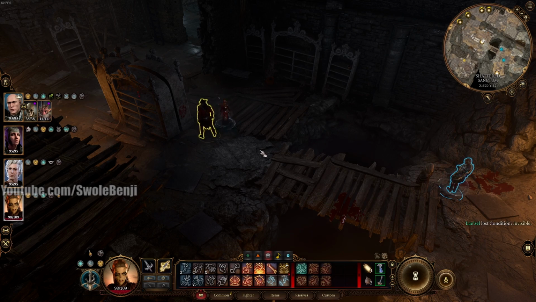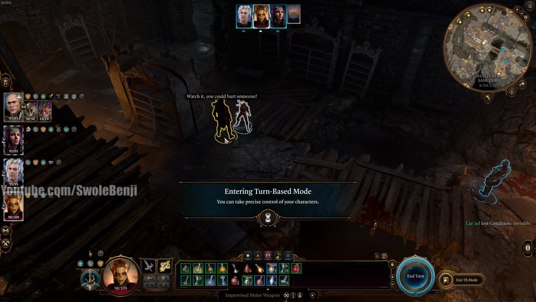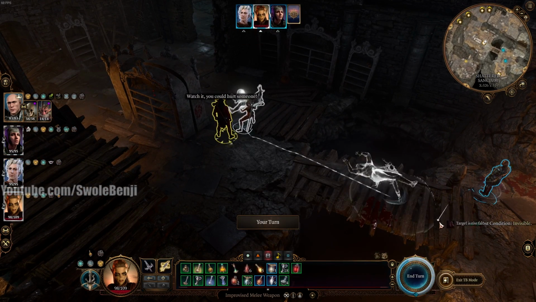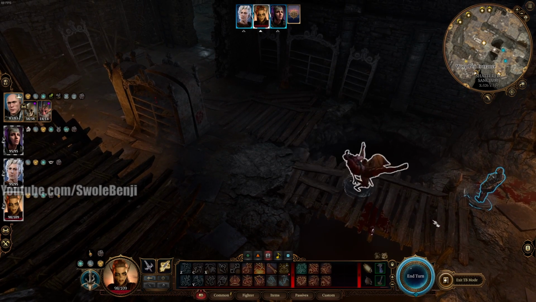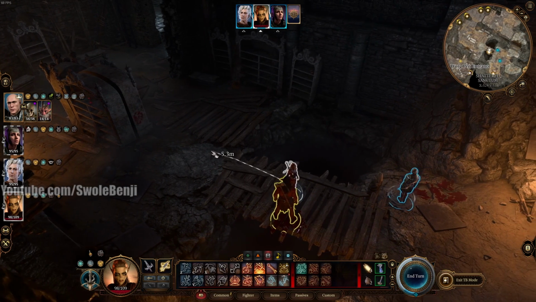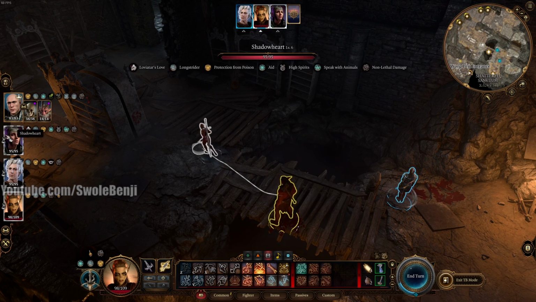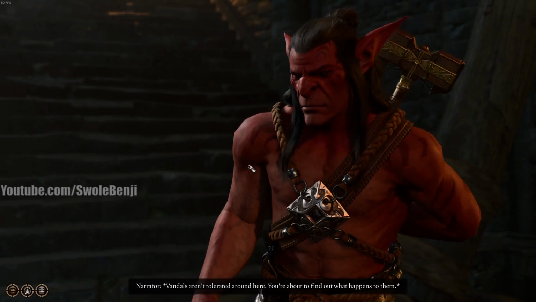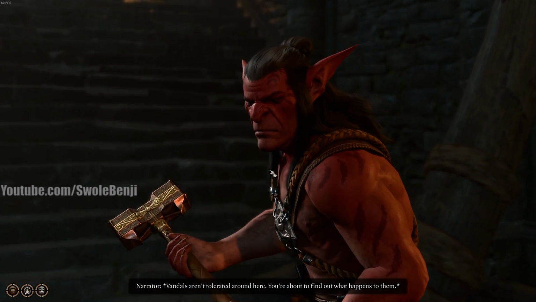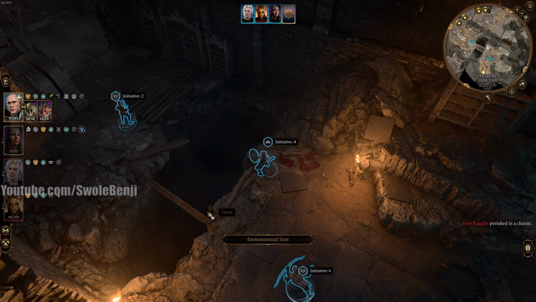And I'm actually gonna cancel, and then I'm gonna turn base mode, and I'm gonna drag him some more. I'm actually gonna drag him right here. There we go. And then I'm gonna cancel that, and now he's on the bridge. I'm gonna move Lae'zel off the bridge, and then Shadowheart's going to punch the support beam, dropping him to his death. There we go. I don't know why it played that, but there he goes, down into the